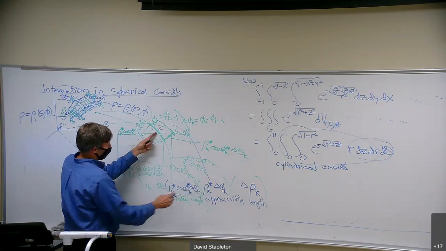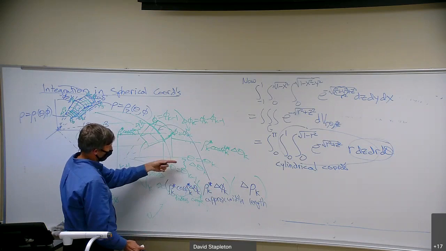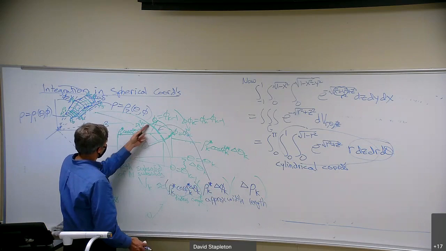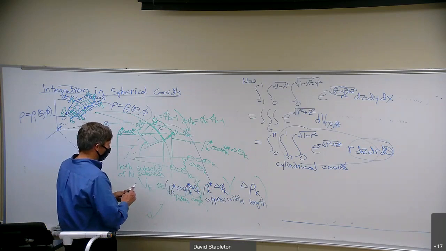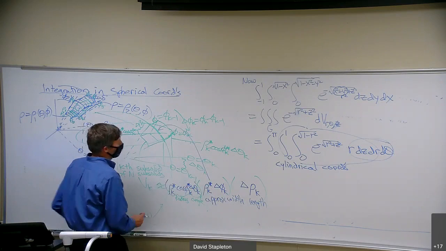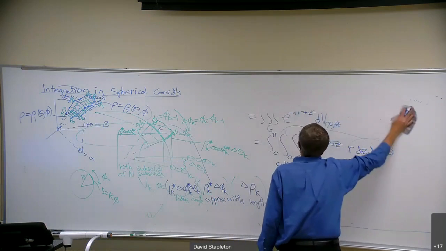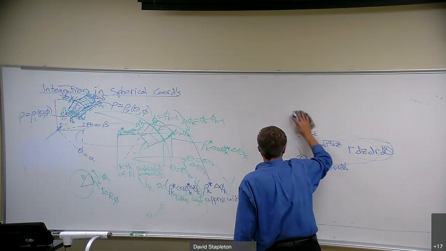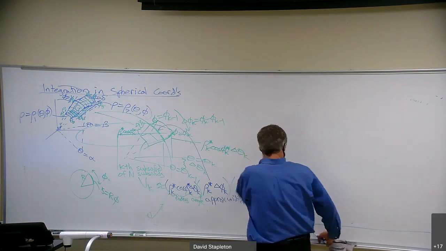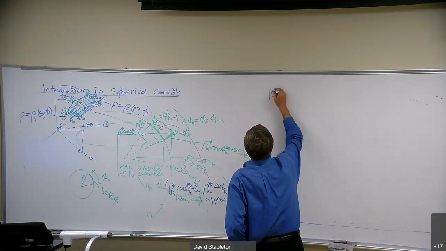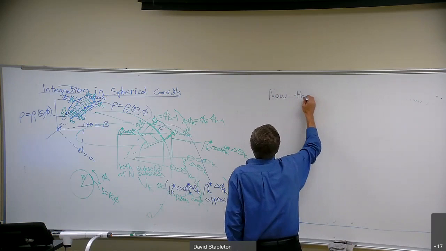The approximate length along here is rho k star delta phi k because it's radius times angle. And then this one is not an angle, it's a straight edge, it's just rho k star. All right, so there's the approximate volume of the k piece. And it turns out the error from being a rectangular box goes to 0 as you take the limit of the number of pieces going to infinity. So now the triple integral